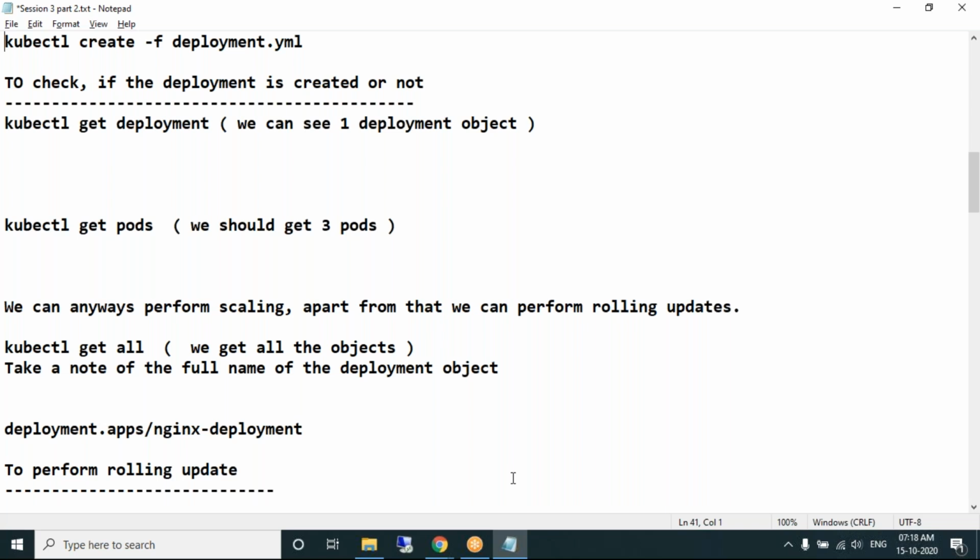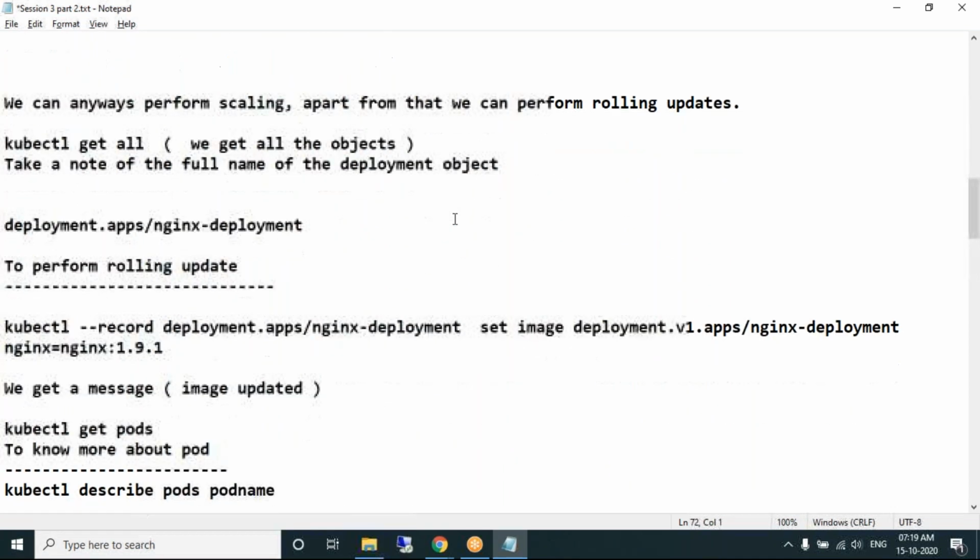We need approval. It should not go automatically to production. It should wait for the delivery head's approval, and once the delivery head clicks on the approve button, only then it should move to production. I'll show that example. So rolling update, we have seen it.